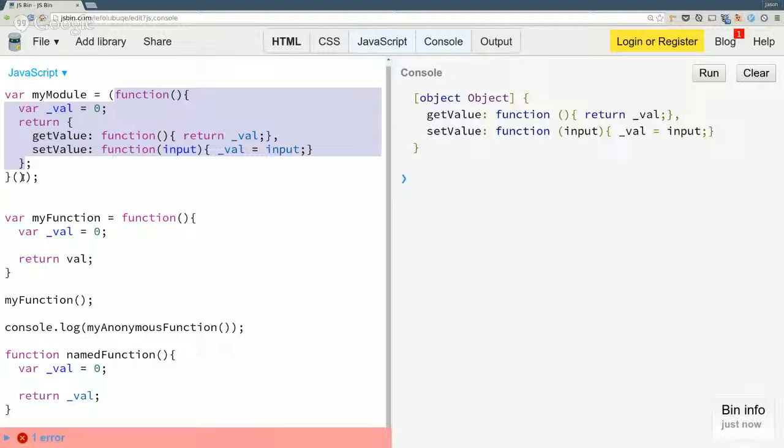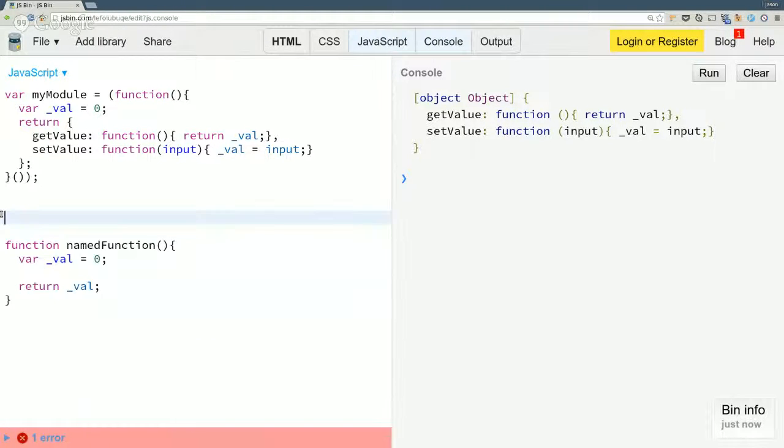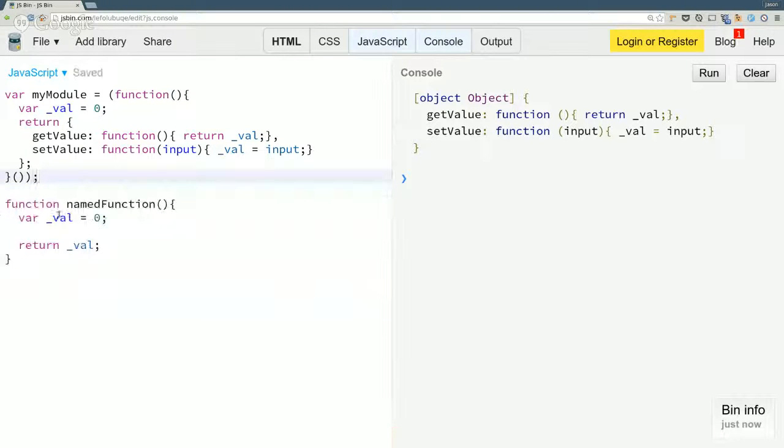And then we're invoking that function immediately. Since we're invoking it immediately, we get its return value, which is an object. Which then puts it in the scope and can be triggered, right? Okay, yes.